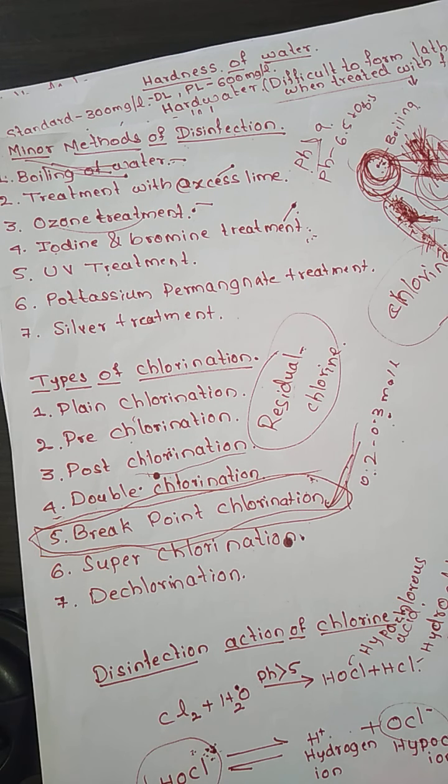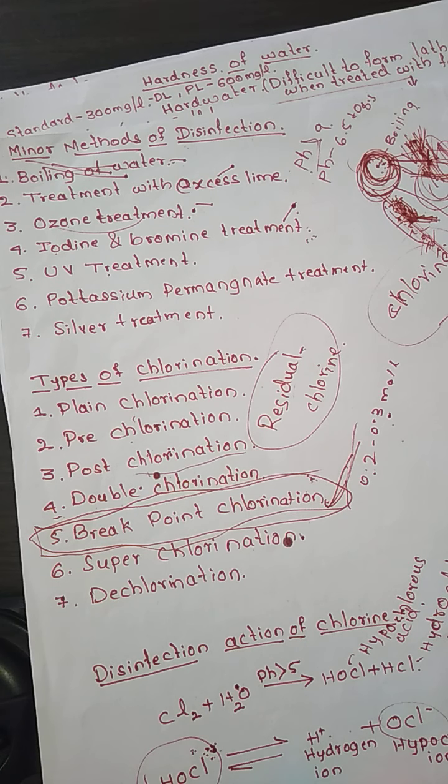Then pre-chlorination is the application of chlorine to water before its treatment, especially before filtration. The name itself indicates pre-chlorination. Now post-chlorination is the application of chlorine to water after its treatment, the standard form of chlorination in which the chlorine is added when the water leaves after filtration. That is nothing but post-chlorination, or after filtration. If we allow the chlorine to it then, we call it post-chlorination.